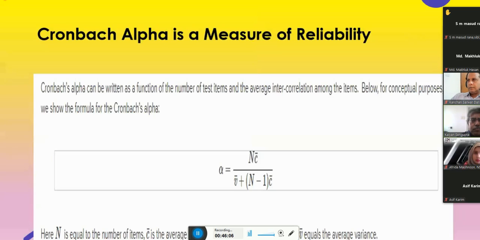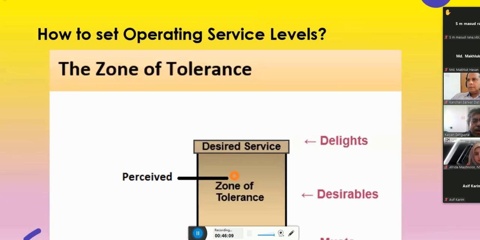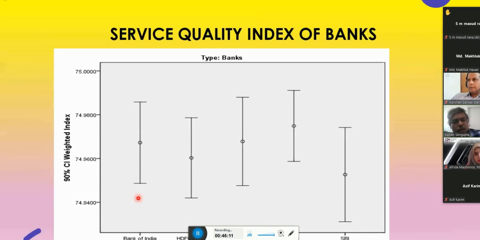See, we studied 5 banks in 2019, as I said, and in 2019 data, we found the Bank of India, HDFC, ICICI, PNB, Punjab National Bank, and SBI, and we made a weighted index with all the 5 different dimensions.